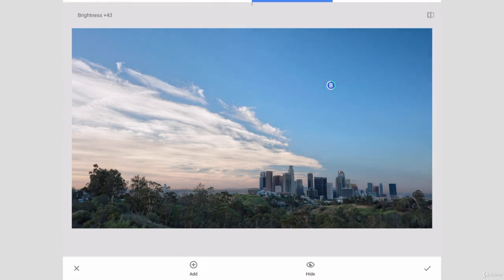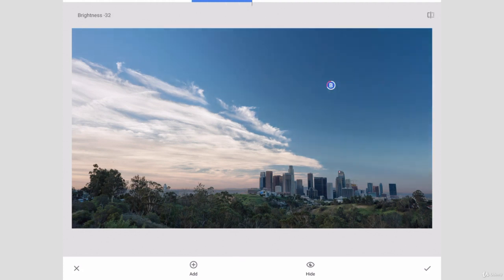color of the image. So maybe I want to make the sky a little bit darker. I can maybe make it a little bit, say, more blue or less blue. I can add to this blue area by pinching and zooming around this dot. So with 2 fingers, I'm pinching, I'm squeezing in or squeezing out, and it tries to intelligently make selections based off of that color to select more of the sky, but without getting more of the clouds or things like